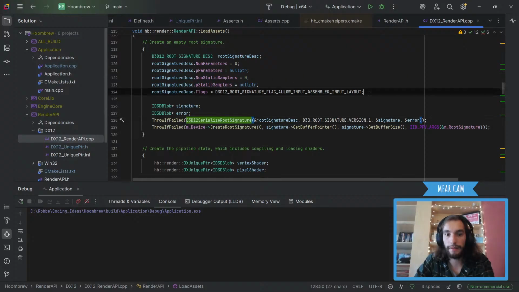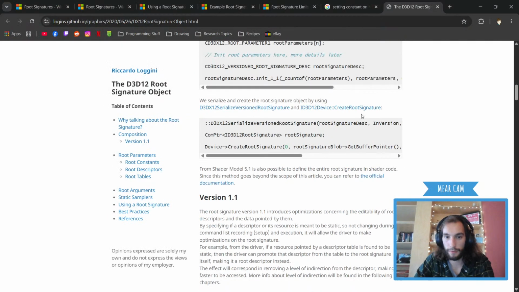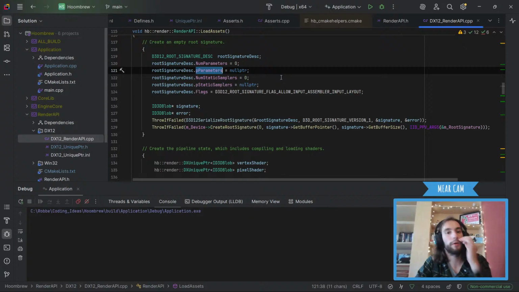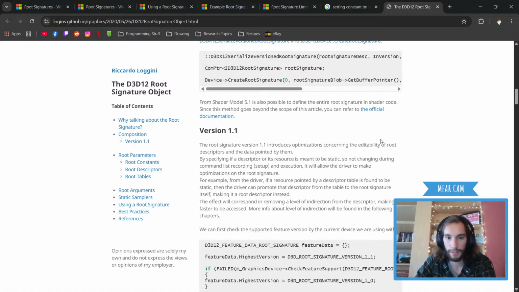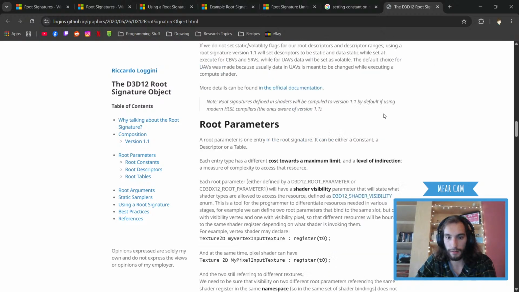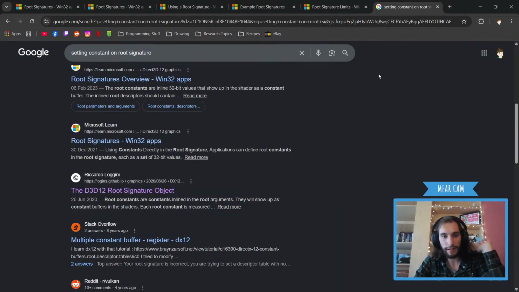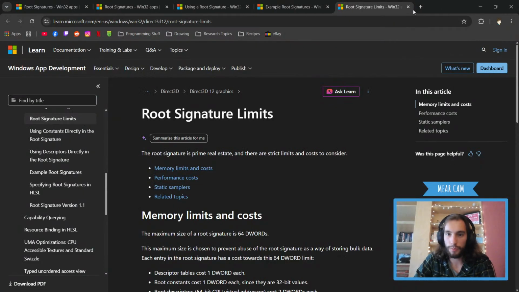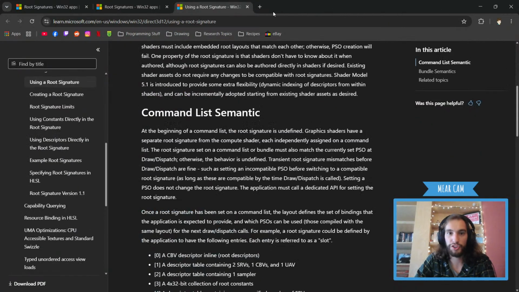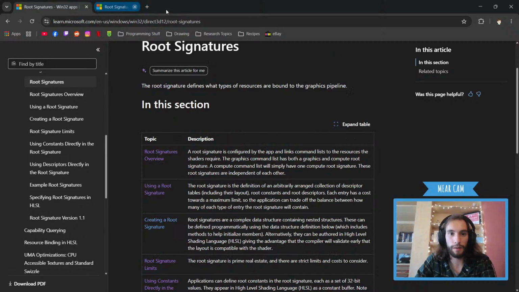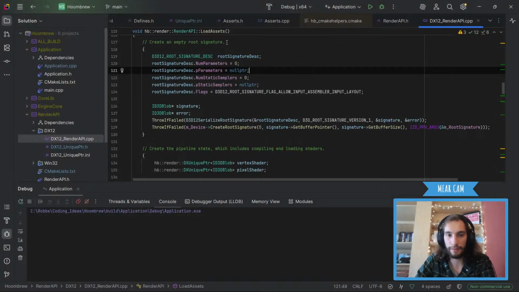Oh, we can call init to do this, but I don't like that. No, that's fine. Oh, and we can pass it the pointer to the parameters already. Okay, that makes more sense. Now we get it, so I can already specify them here, but I can specify it more later on. We need to make it empty anyway for now, so I'm not gonna read too much into it. But if we make other shaders, we can think about it later again.